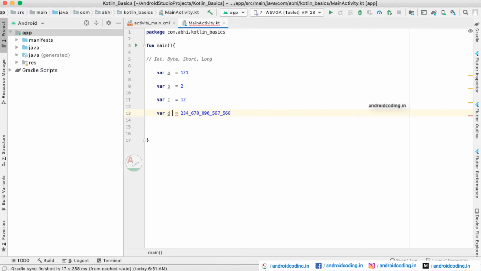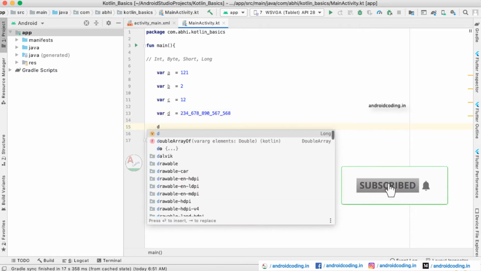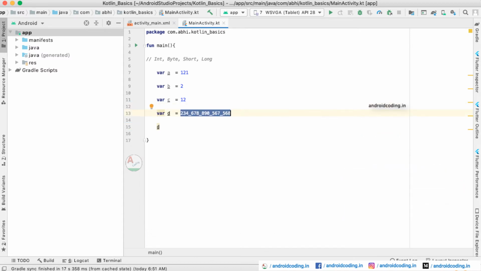So let us try to remove this one also. So now see, here you can see the d is considered as long, because the format here is not considered to be an int.